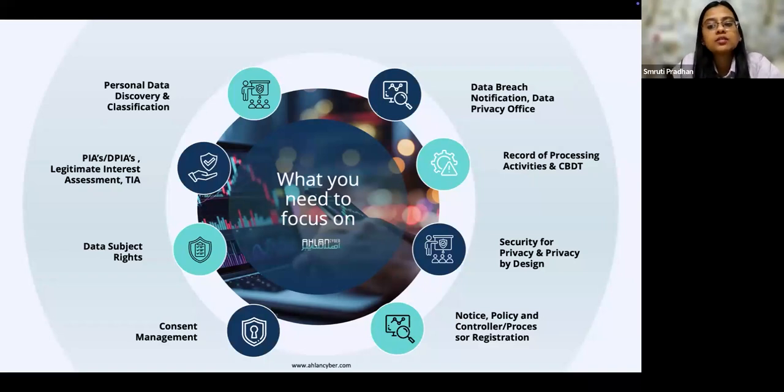The next requirement of the law is around a data privacy office and an officer. I think a lot of questions have been around that. Depending upon the scale of the organization and the activities of the organization, you can move forward and hire a data protection officer. But as a recommendation, we suggest that personal data protection is a responsibility of each and every organization, be it a small size organization or a medium size organization. So at least you need to have a data privacy mechanism or a governance structure built within your organization, with the resources, so that somebody can oversee the whole privacy program.